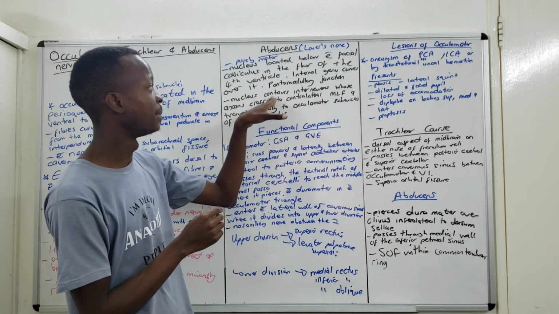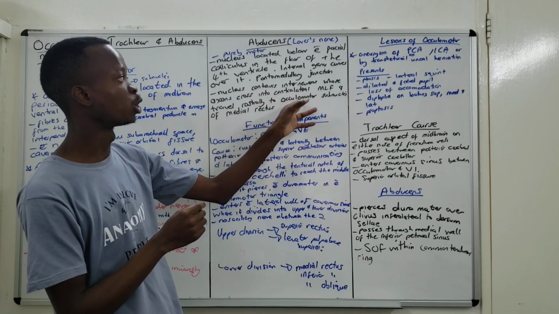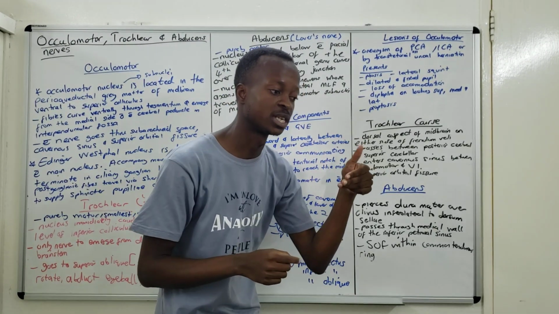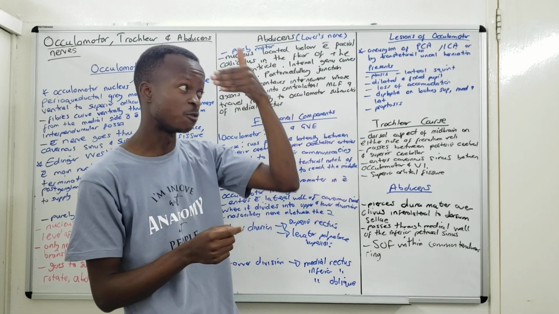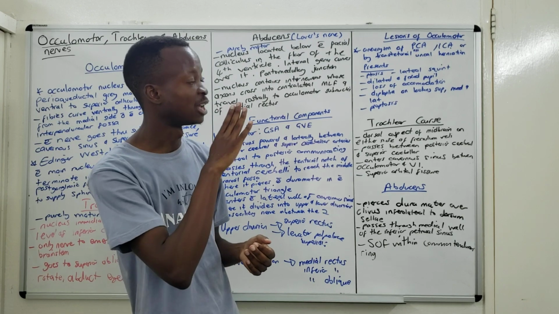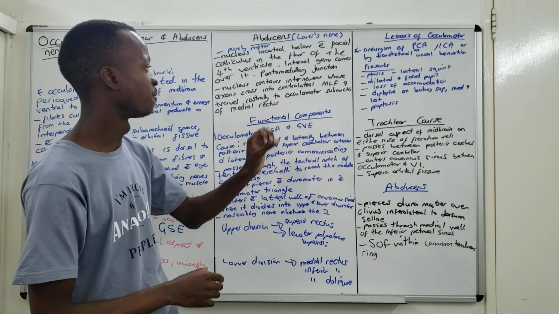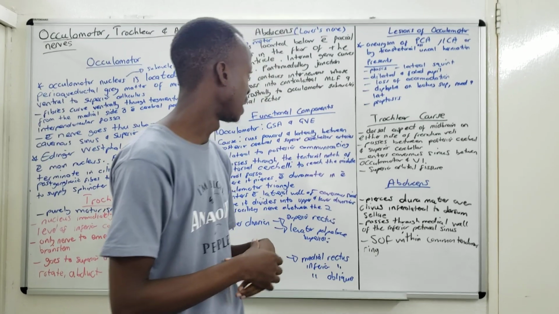So these interneurons travel rostrally to the oculomotor subnucleus of the medial rectus on the contralateral side to stimulate it, so that the medial rectus on that contralateral side will then follow the lateral rectus on the other side. Right. So functionally, the functional components of your oculomotor,